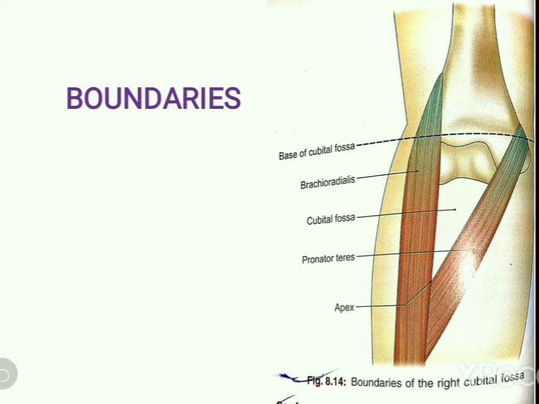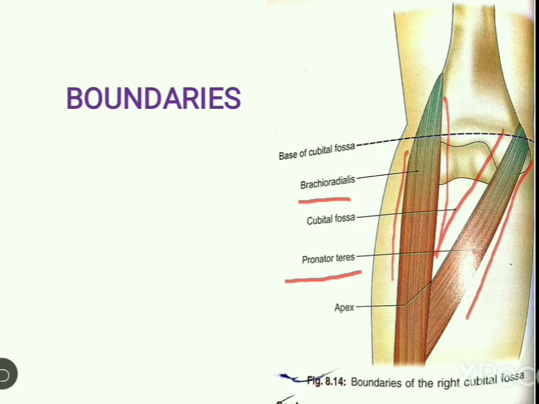Now boundaries of the cubital fossa. The cubital fossa is bounded laterally by a muscle which is the brachioradialis, and medially it is bounded by pronator teres muscle. Now which part of the brachioradialis muscle forms the boundary? Suppose this is the lateral border of the brachioradialis and this is the medial border of the brachioradialis muscle, and this is the lateral border of the pronator teres muscle and